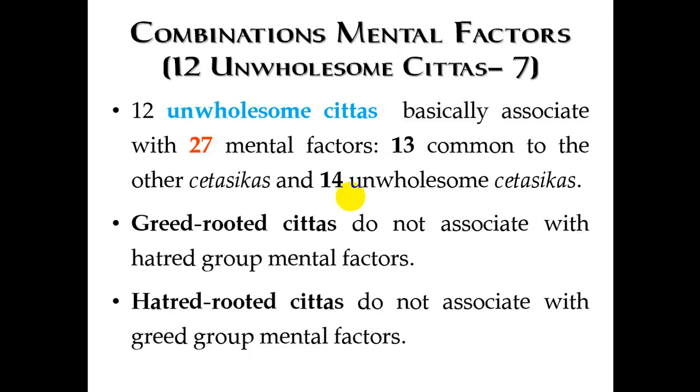So we have 4 in the hatred group: hatred, envy, avarice, and worry, or remorse. These are 4, right? So you have to remember this one. But the last 3, sloth and torpor, right? When you have sloth and torpor, you are not active. The capacity of your mind and body is reduced, right? You have less motivation and energy. So therefore, you don't have